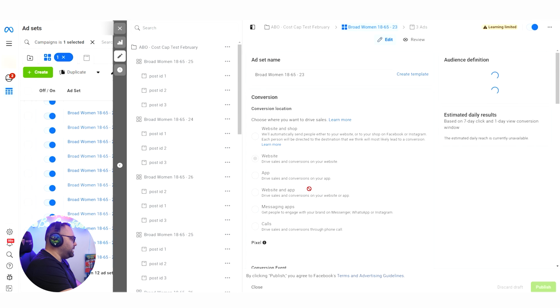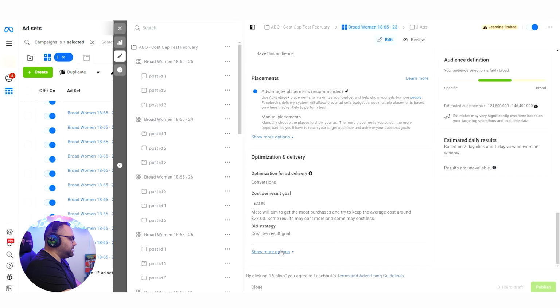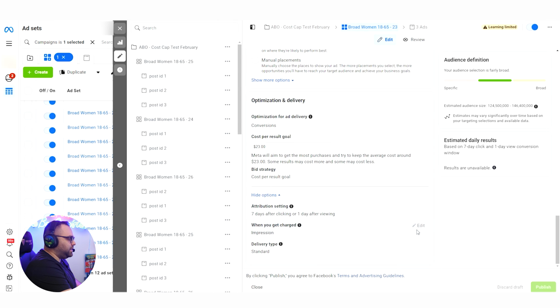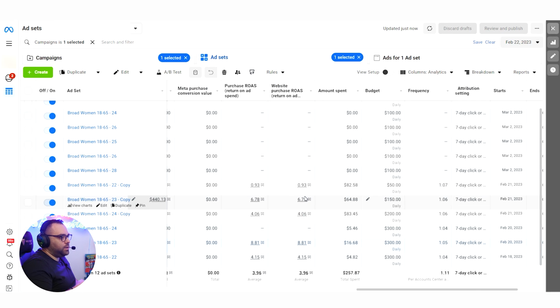And also another change with my other manual bidding method is that over here in show more options, you're putting 7 days click or 1 day view. In MOB I'm having other videos, I'm going to put links in the description. It's all about the 1 day, and we are doing it differently there. So here you need to come every day, you need to see what has worked, then scale more, because Facebook is giving you the chance and says, okay, I'm getting good results out of that, it's spending, so I'm going to give it more budget, and it's risk free, because if it's not getting the results, it's not going to spend more.